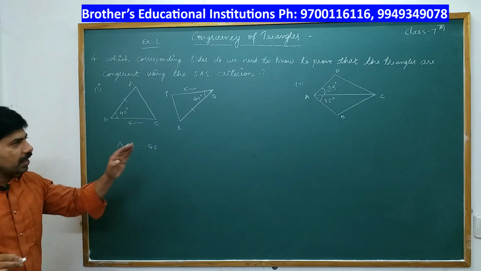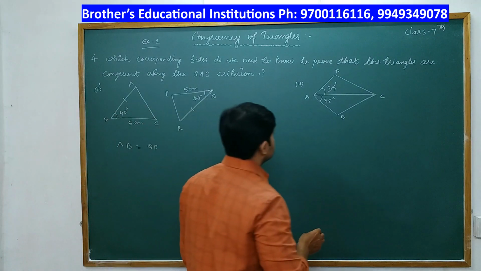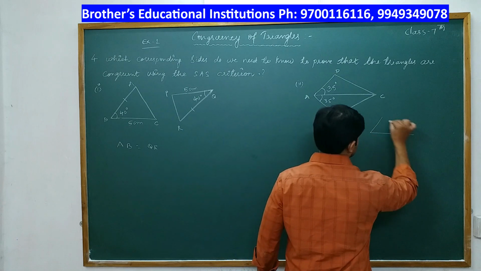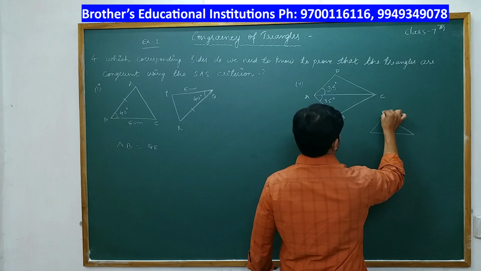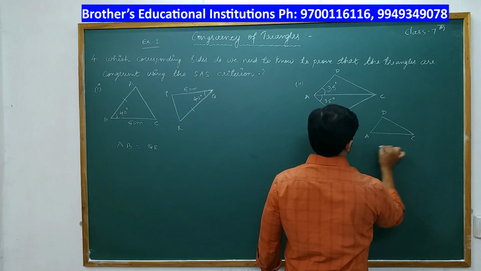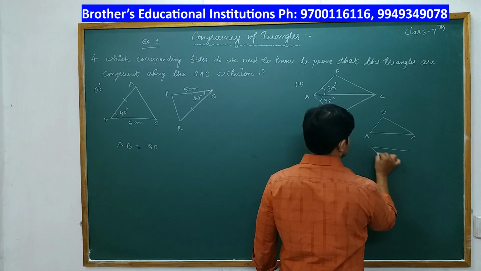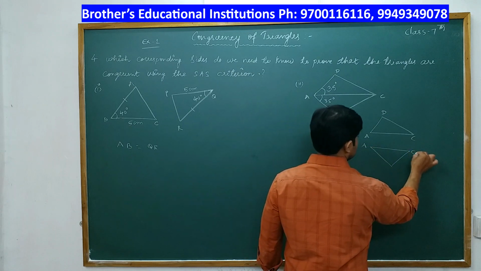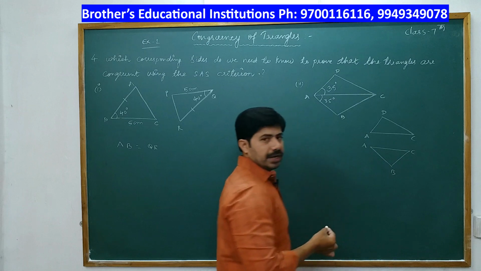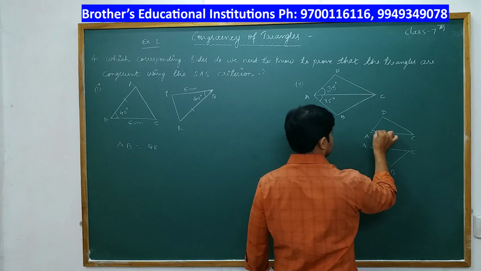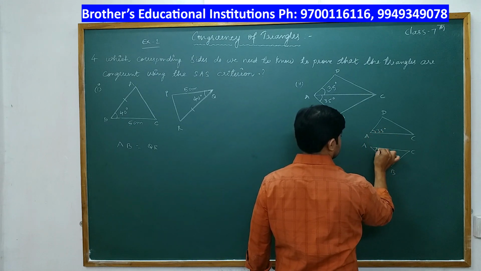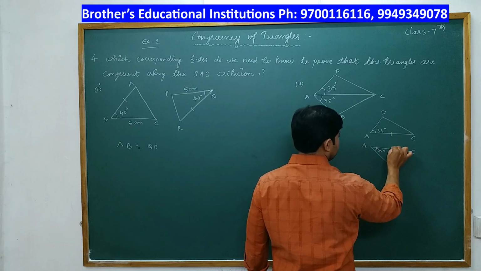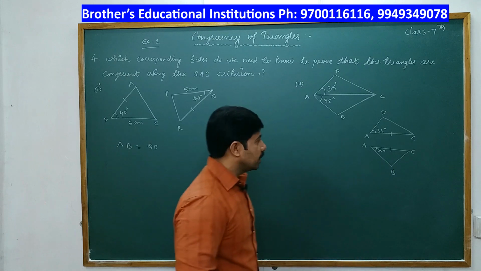Okay. Now next problem. In this one, we just split the triangles: ADC and the other one is ACB, right? When we split, what we get is a common angle, that is 35 degrees and 35 degrees, and we also say AC is equal to AC, it's a common side.